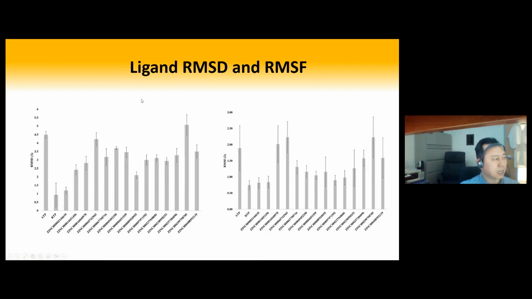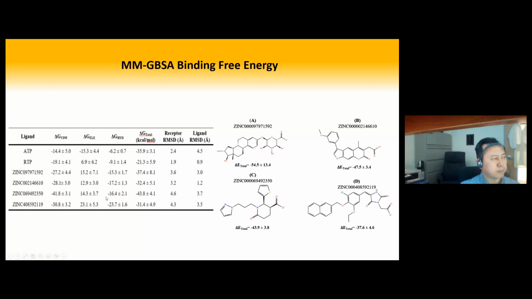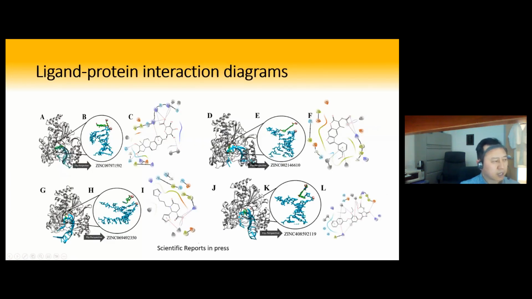And this is just to compare them, and the RMSF, which characterizes the flexibility of the conformation, the flexible parts of the protein. Okay, and then the PBSA binding free energy, and based on those we picked these four compounds. And here are the details. Oh, okay, this is the previous slides. At that time it was in press, and I'm glad it's now published, so you can check.